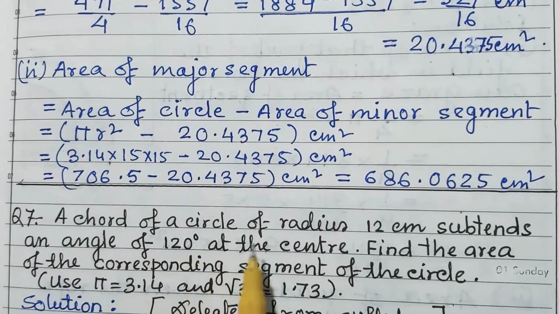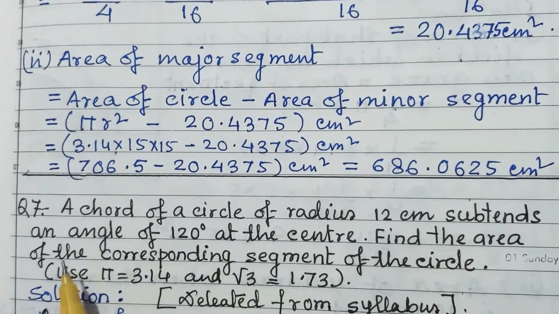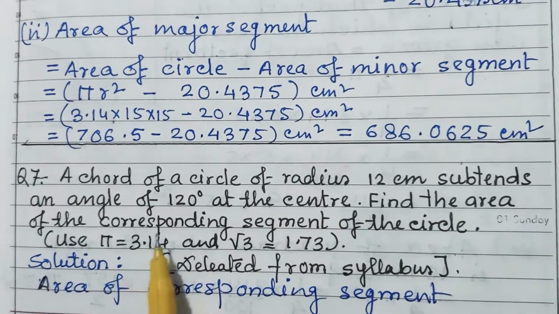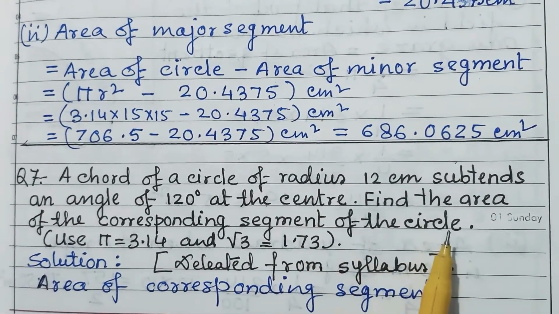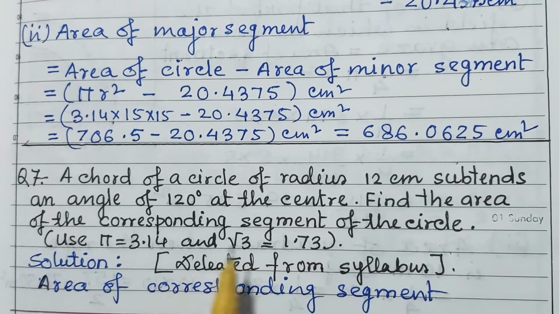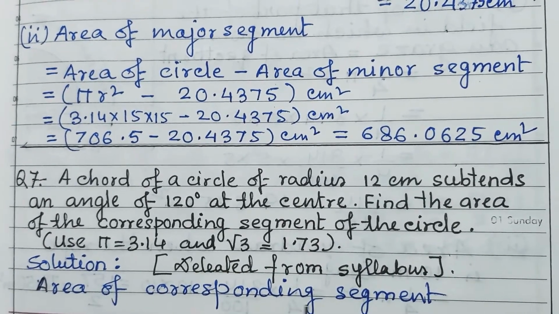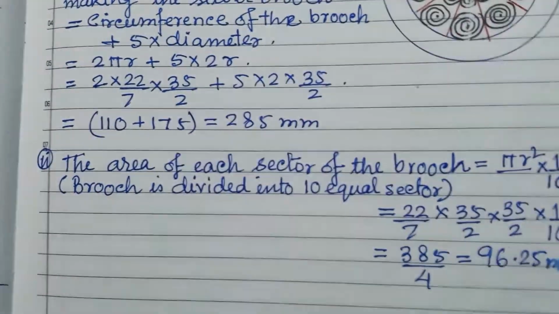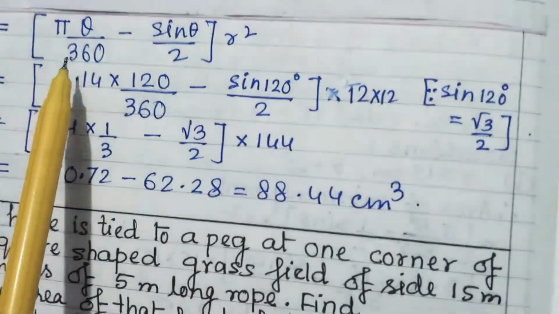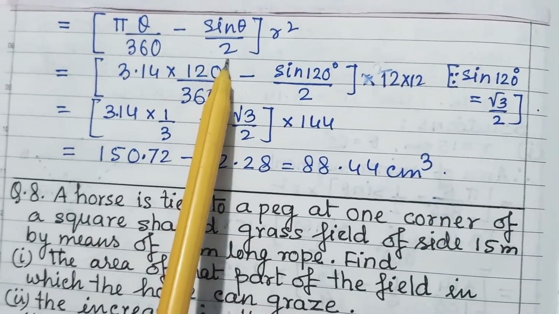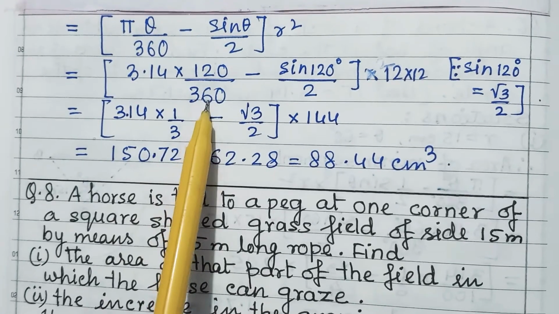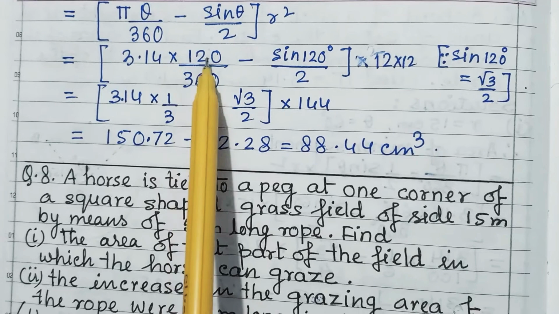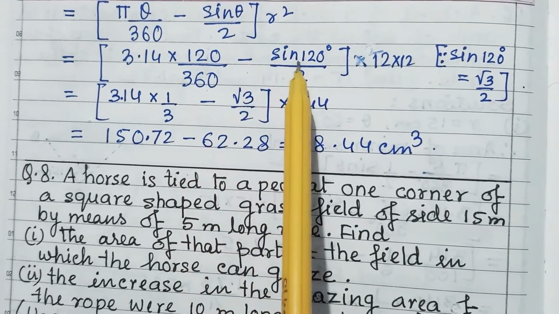A chord of a circle of radius 12 centimeter subtends an angle of 120 degrees at the center. Find the area of the corresponding segment of the circle. You have to find the area of the segment. Now solution: the corresponding segment is pi theta upon 360 minus sine theta upon 2 into r square. Again here you substitute the value: pi into 120 upon 360 minus sine 120 degrees